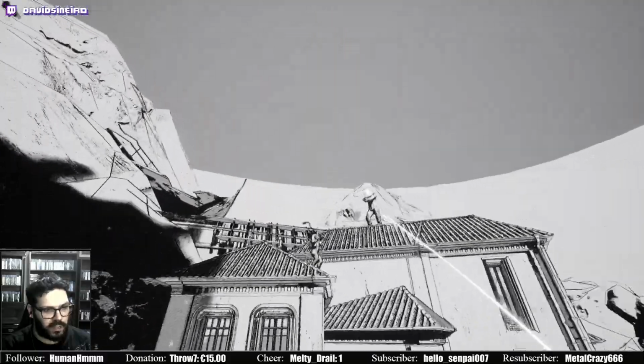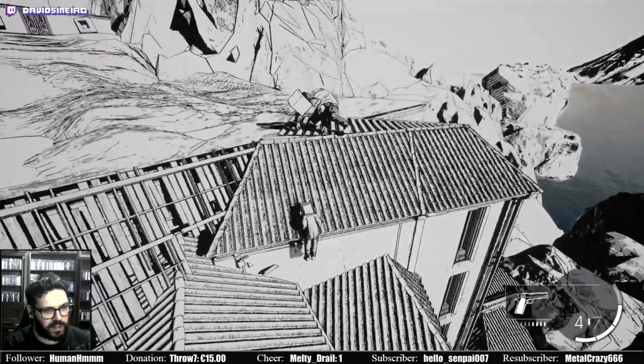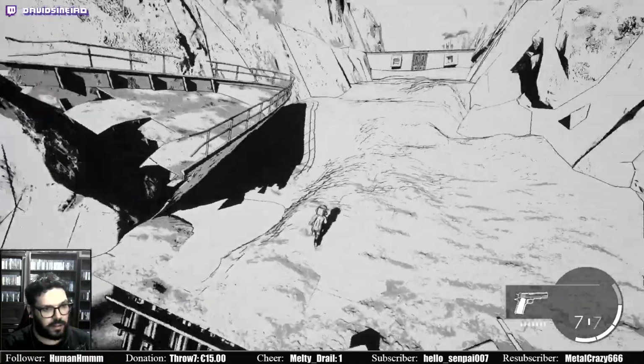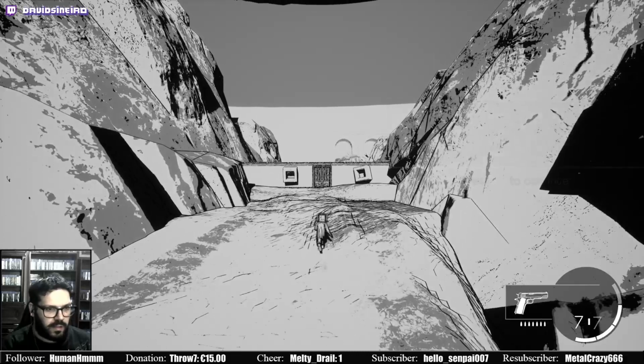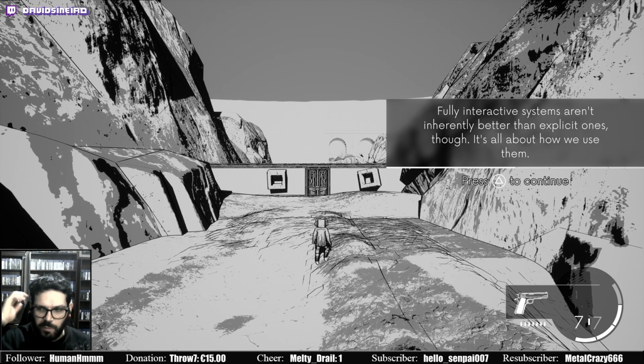I think it's saying that it depends on the intention of the developer, not that one is better than the other. Yeah. Why would you have a dedicated grapple button if you can only grapple to specific points?